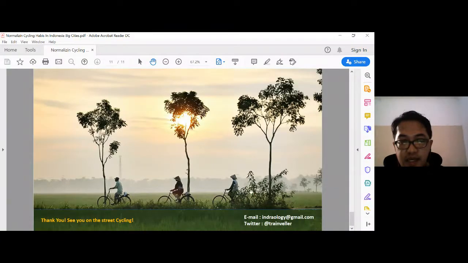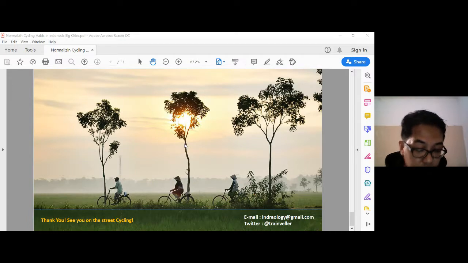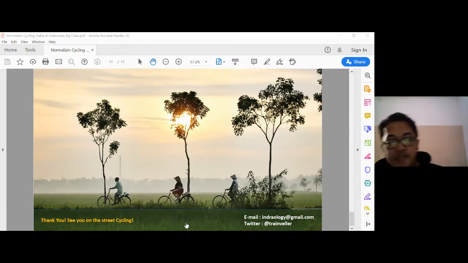So I think cycling is not limited because of the weather, but mainly because of the willingness, the behavior, and the culture that we face to create a cycling campaign. Like I said before, it will be work for all. You can also take part. You can use the ideas here, or we can discuss it later. You can do cycling in your city, so let's just make it happen. Thank you very much, and see you on the street cycling.